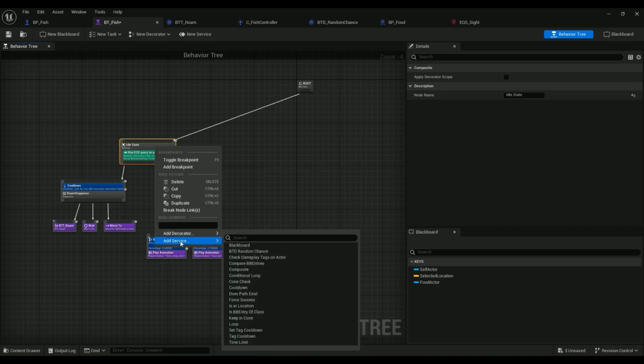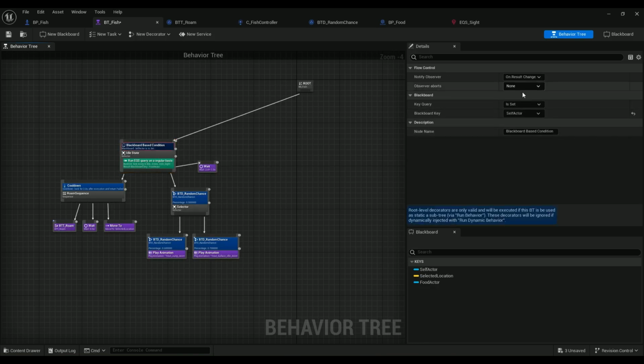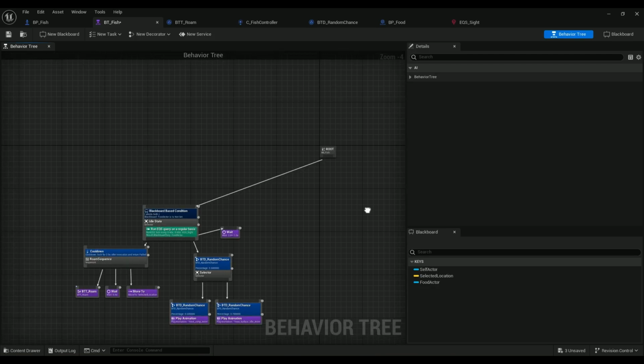Add a new decorator to the selector. This time we will choose a Blackboard decorator. This decorator ensures that the branch will execute only if the condition set in its configuration is met. In the Details panel, set the key query to is not set and the Blackboard key to Food Actor. This means that this branch will execute only if the Blackboard key Food Actor is not set. Also, set the value of Observer aborts to both. This will force the branch to abort any task that is currently running if the value of the variable Food Actor